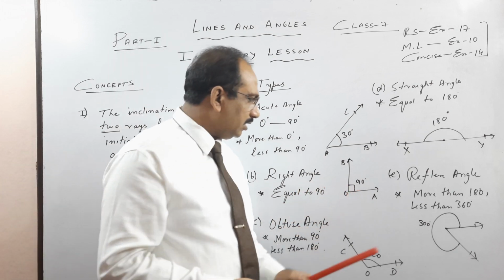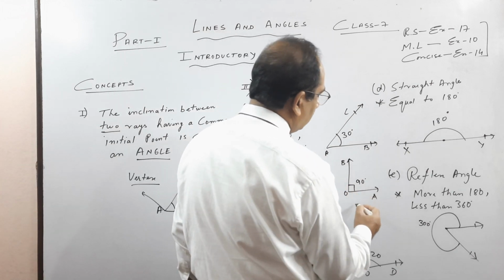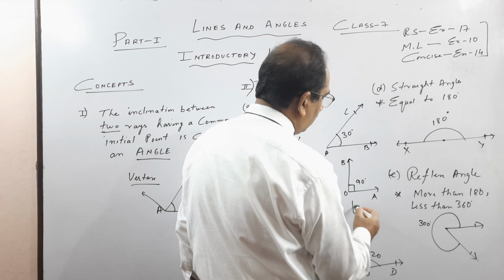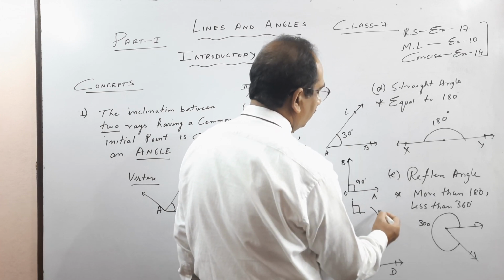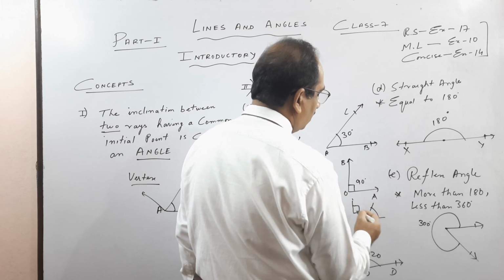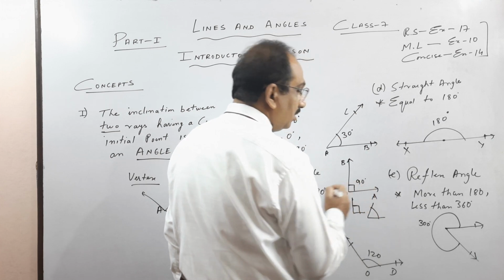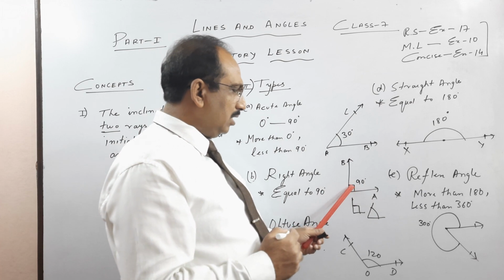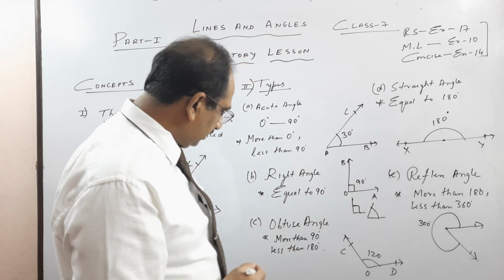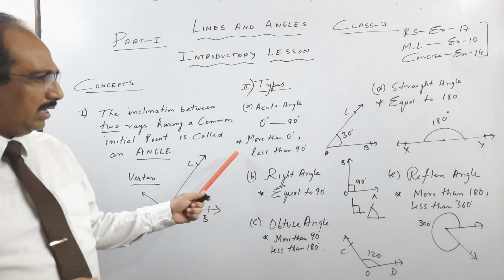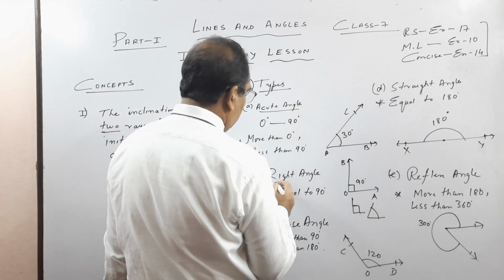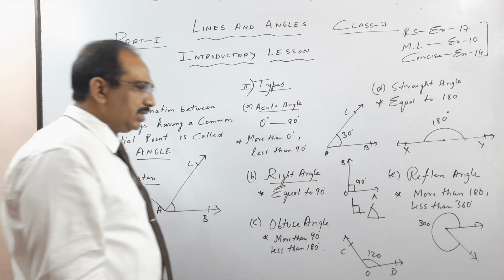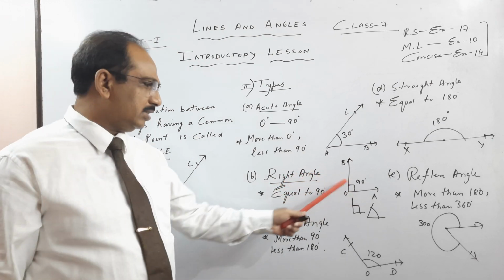So a right angle, generally, children, we show like this. If you see this sign, we show. Okay, so this is the sign you will see, but other angles we show like a curve. Other angles we show like a curve, but a right angle we show something like this. So this symbol means it is 90 degree, and generally 90 is written. So less than 90, more than 0 is called an acute angle. When the angle is equal to 90 degree, the space between two rays, it is called a right angle.